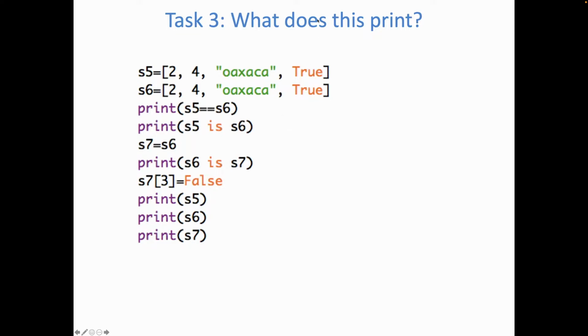Next task, what does this print? s5 is a list. s6 is also a list. And you can see that all elements in s5 are the same as elements in s6. So if we check whether the values in s5 are equal to s6, it should be true. However, if we use is to check whether the memory locations the variables point to are the same or not,